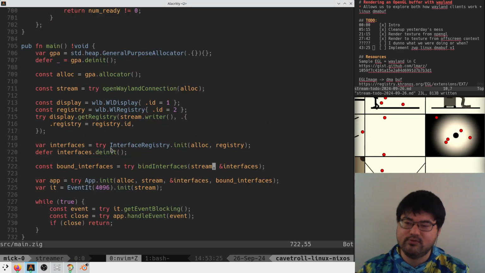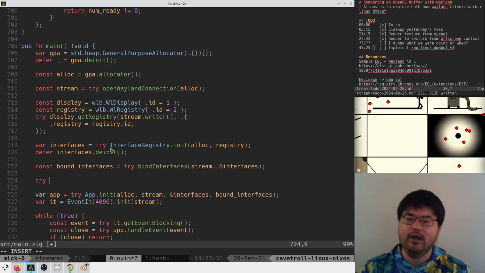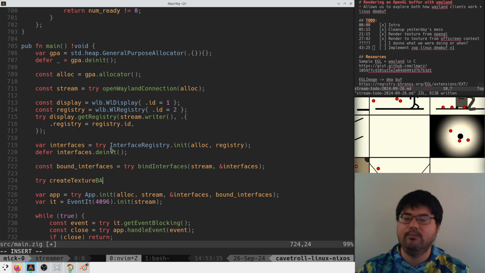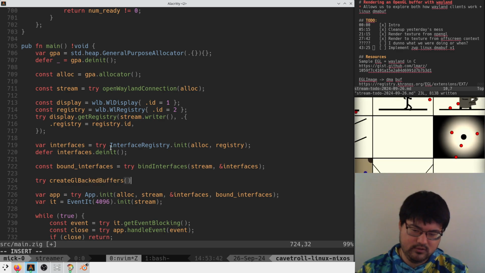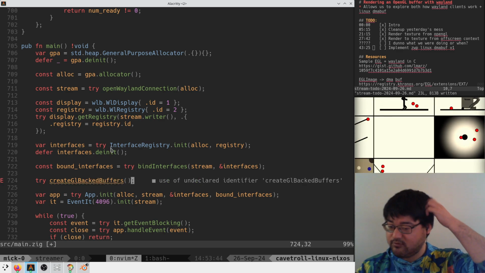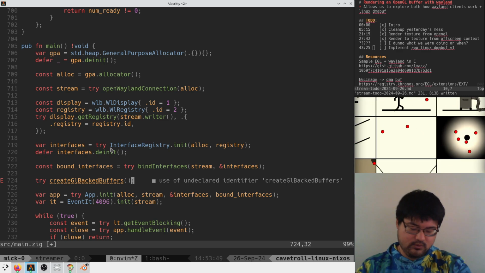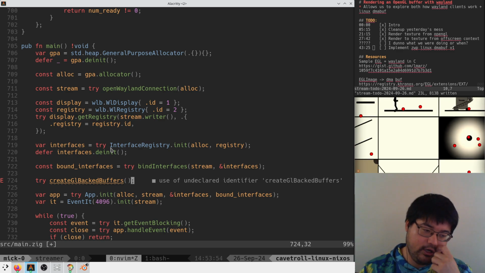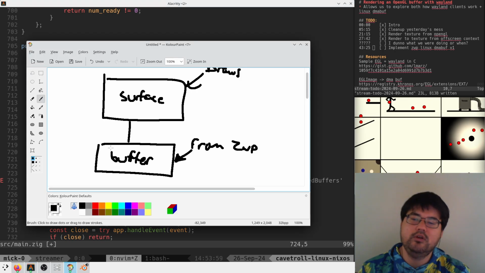So I think what makes sense for us to do is we're going to have a new step of our initialization. That's going to be create texture back, create GL backed buffers. Usually, for our existing animation, we have two buffers, a front buffer and a back buffer. Once you start drawing to one, or pass one over to the compositor, you're not allowed to use it anymore. So I believe what this should do is